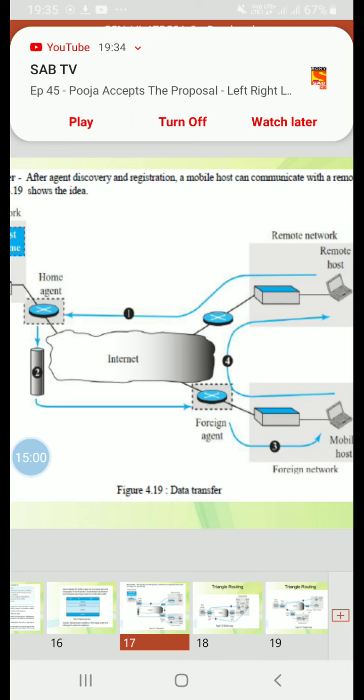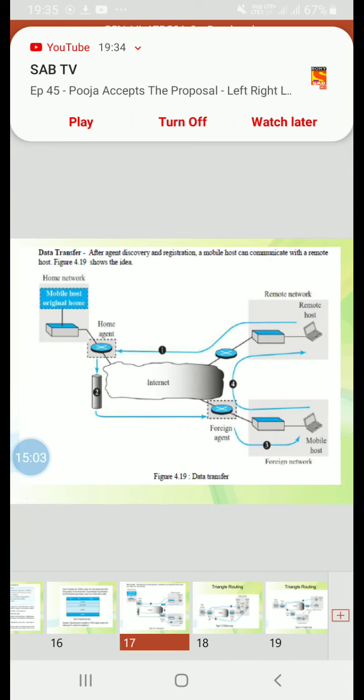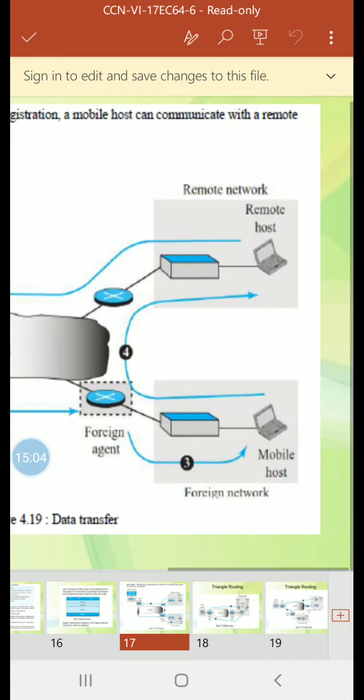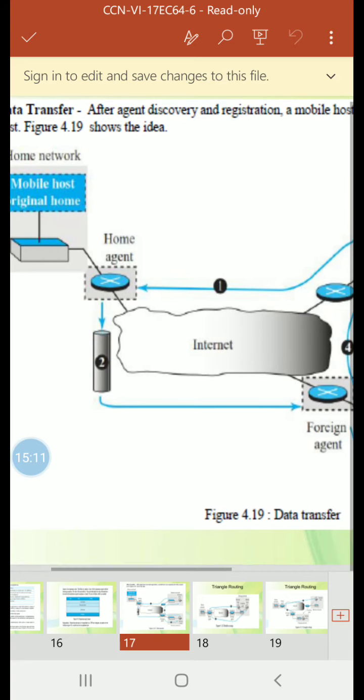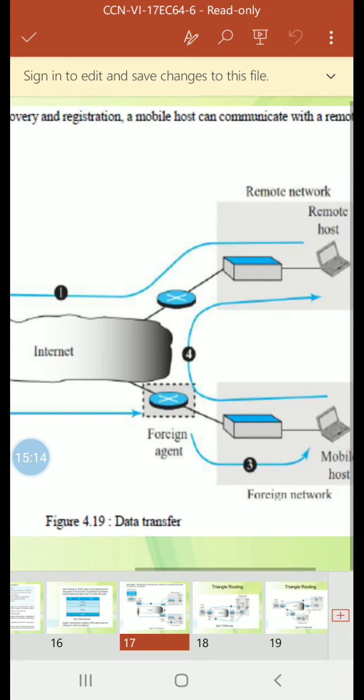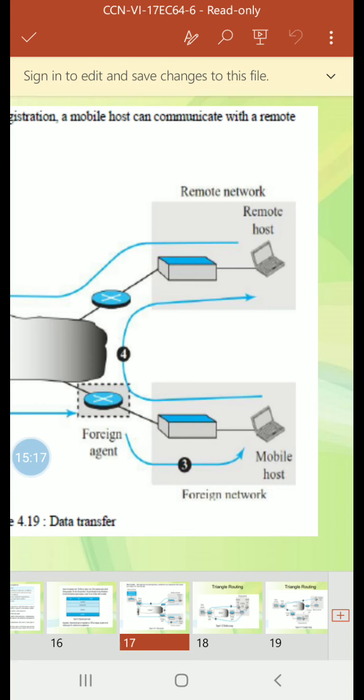Now we'll see the transfer from remote host to home agent. You can see how the data transfer is shown by arrows. When a remote host wants to send a packet to the mobile host, it uses its own address as the source address and the home address of the mobile host as the destination address.